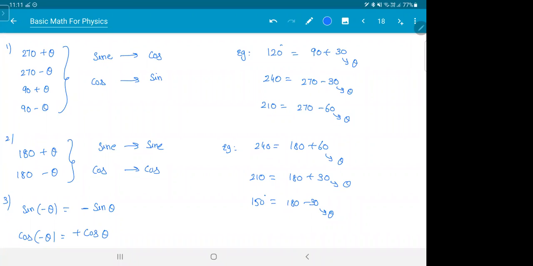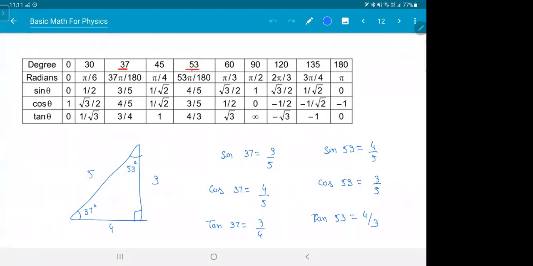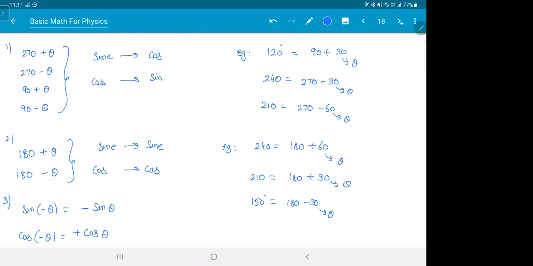This is important. Why? Because in physics, sometimes, not most of the time, but at least 4 to 5 times in 11th and 12th, you will get sine of an angle greater than 180. So then you should know how to find the angle. Because everyone, I hope, mugged up the table, right? This table, I hope everyone remembers 0 to 180. And if you see in the exam, most of the questions came on this also, right? Direct value substitutions. But sometimes you'll get angles greater than 180. Then how will you do it? You don't remember all the values. So then this will be useful. So we will see how to calculate.